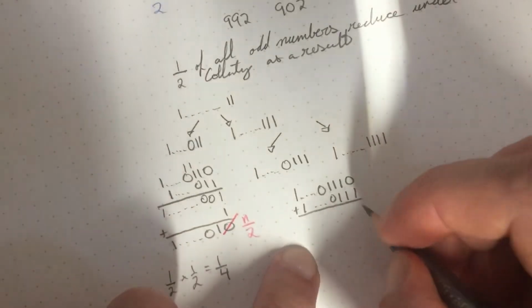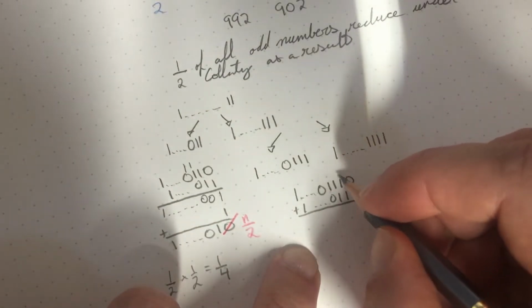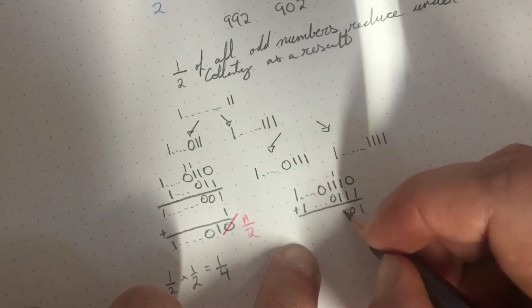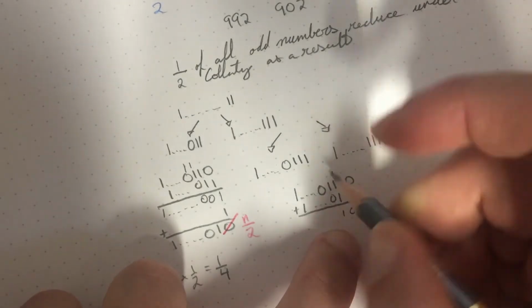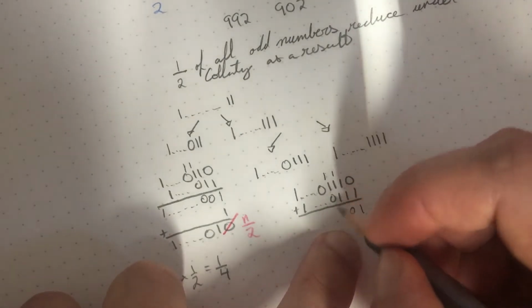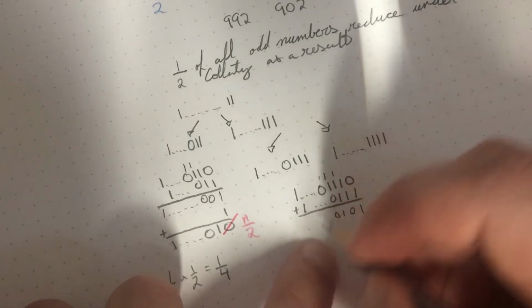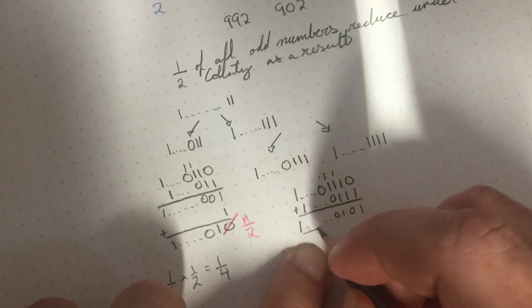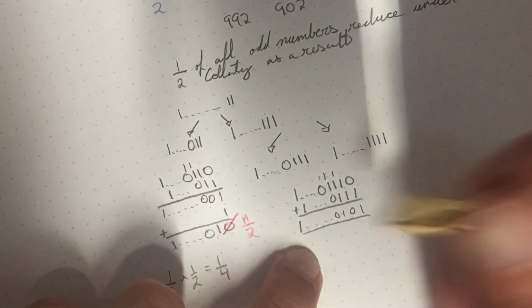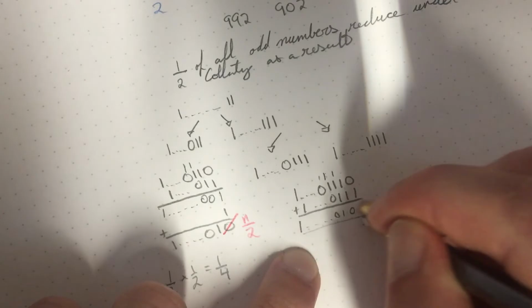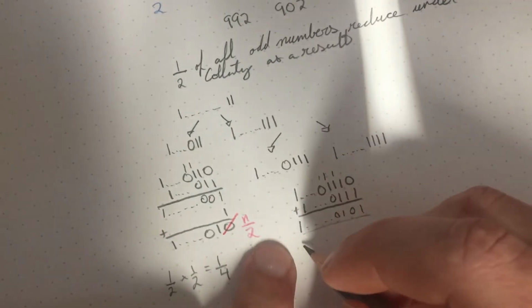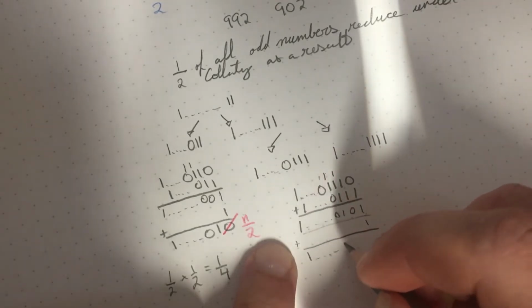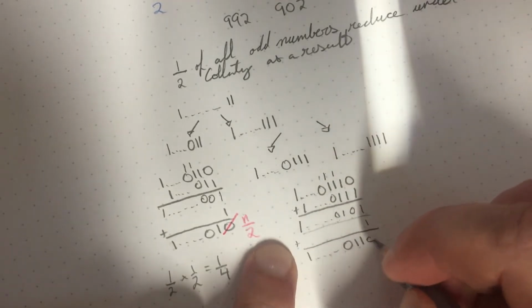Going to add them. Got 1, and here we have 0, 1, 1, 1, 0. Oops. So then, right,